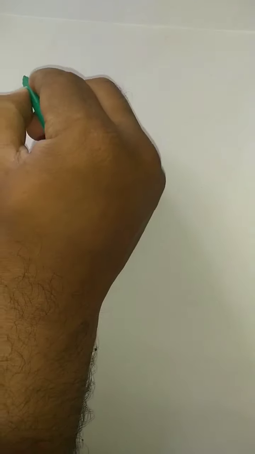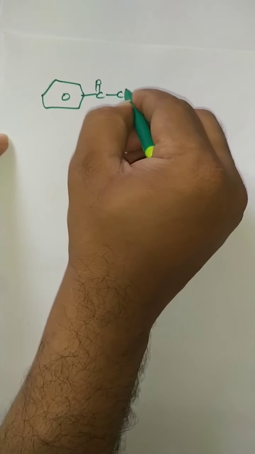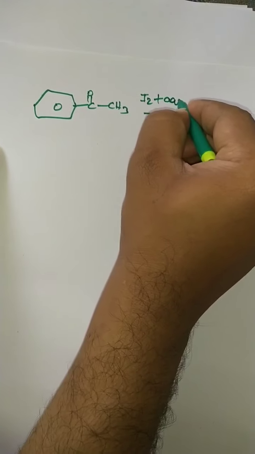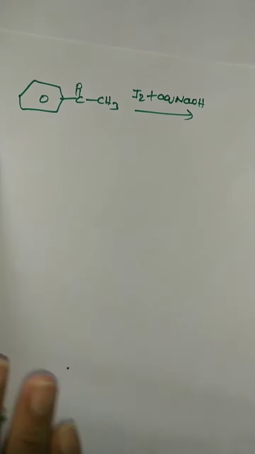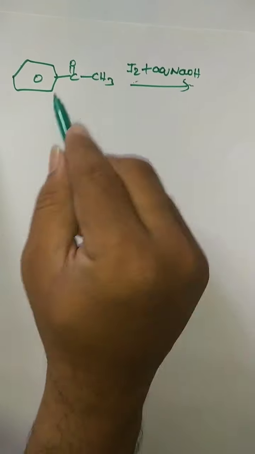Now see, I am taking some examples here. So actually in carbanion generation, a total of 4 moles of NaOH is consumed here. Now see how I am getting the products. Students, very easy. For competitive NEET and IIT you can apply this technique. See, if iodine plus aqueous NaOH is given on the arrow like this, how to predict the product? By seeing this reagent you have to think this is an iodoform reaction.